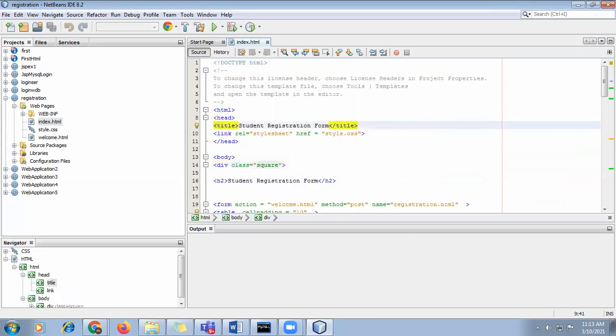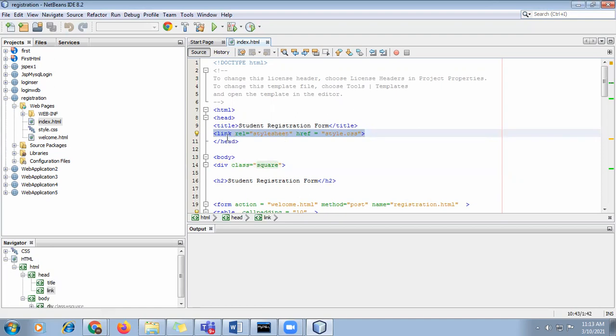So the first thing you have to write in the HTML, as we have written a separate CSS or style sheet, is the reference of that CSS file.